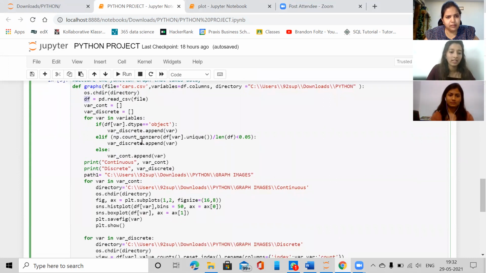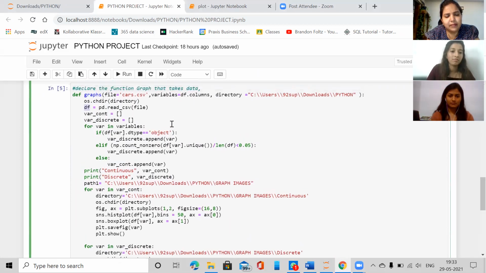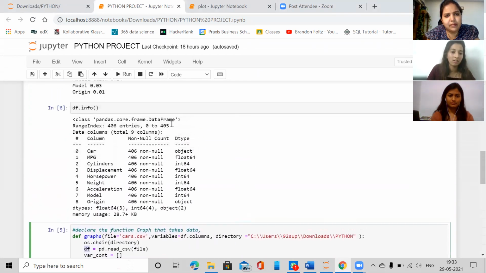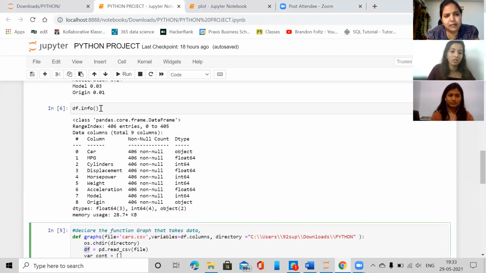Next, we'll go through each column in the data set and check if it's numerical or categorical. For that, first we will check the data type of the column. Now for this, we can go up and do df.info.